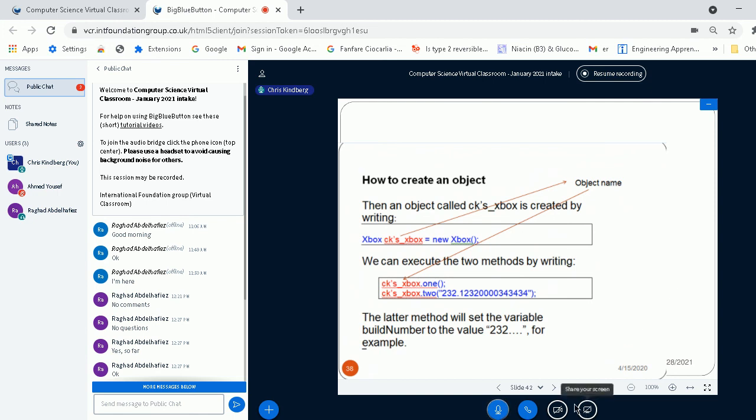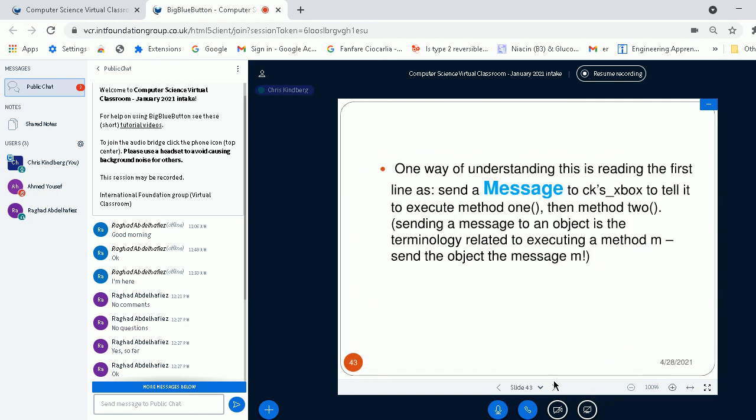But okay, well, I'm probably going to finish it. I'm not happy that I'm finishing it, but I'm going to finish it. One way of understanding this is reading the first line as send a message to CK's Xbox to tell it to execute method 1, and then send another message to CK's Xbox to execute method 2.